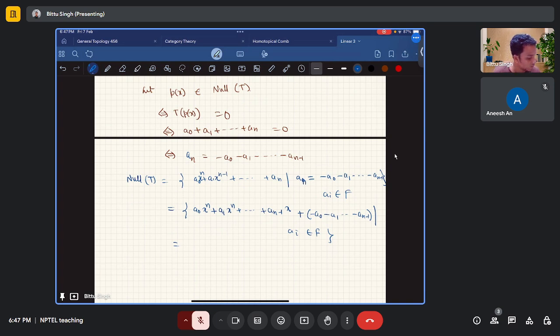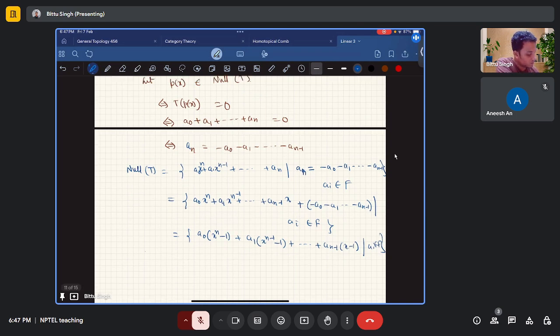This can also be written by taking a0 common, so it becomes a0 times (x to the power n minus 1) plus a1 times (x to the power n minus 1 minus 1) and so on, such that ai belong to F. So from here it is clear: if we choose the coefficient a0 equal to 1 and a1 up to a(n-1) any scalars, we can choose in our case, for example, a0 equal to 1 and the others equal to 0, then we get